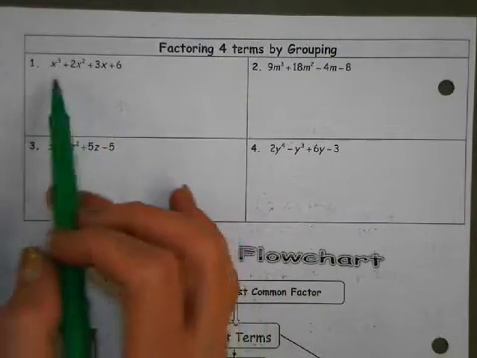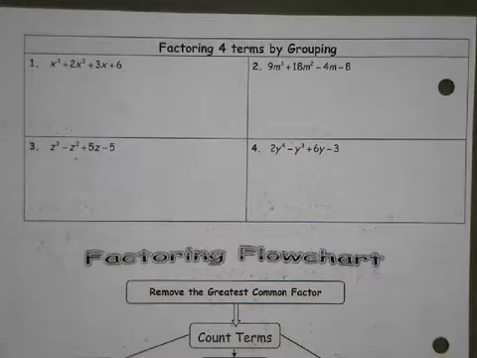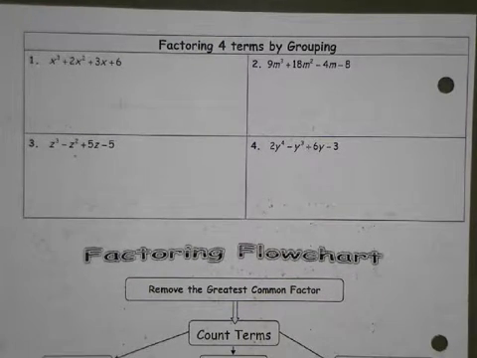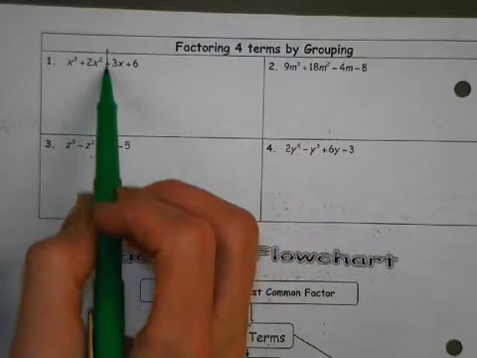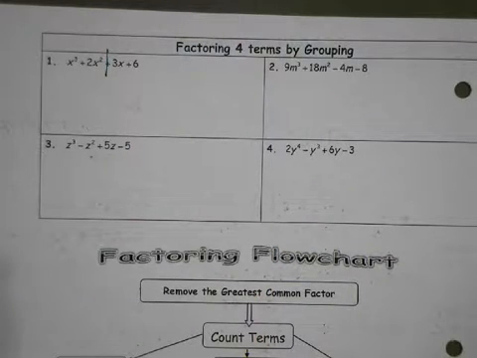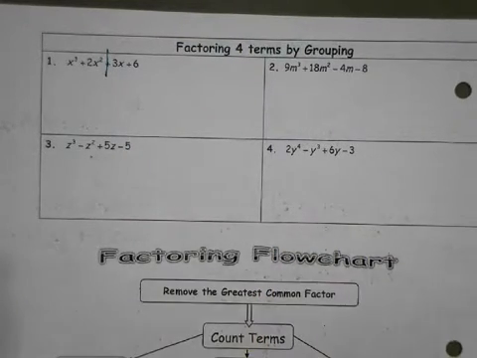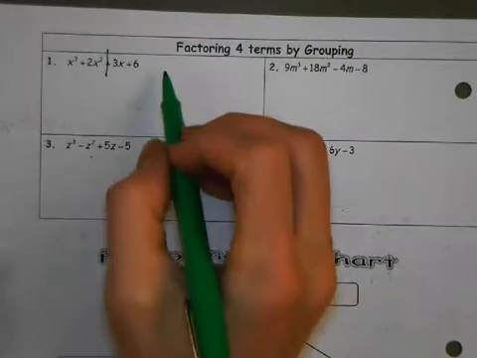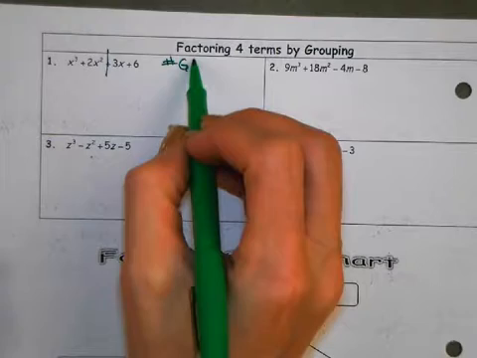Okay, I have 4 now, so it's not a trinomial, and now I have 4, okay? And so what we do is we put it in standard form, so highest to lowest, okay? And we're going to do what's called grouping. So basically you take it and divide it in half. Okay? Right? Divide it in half. So I'm going to work with the left side, I'm going to work with the right side. Okay? So I'm going to look at each one separately, and number 1, I'm going to say greatest common factor,